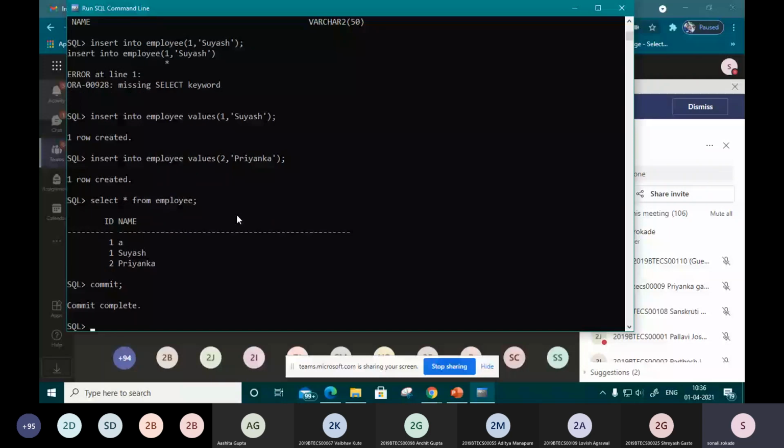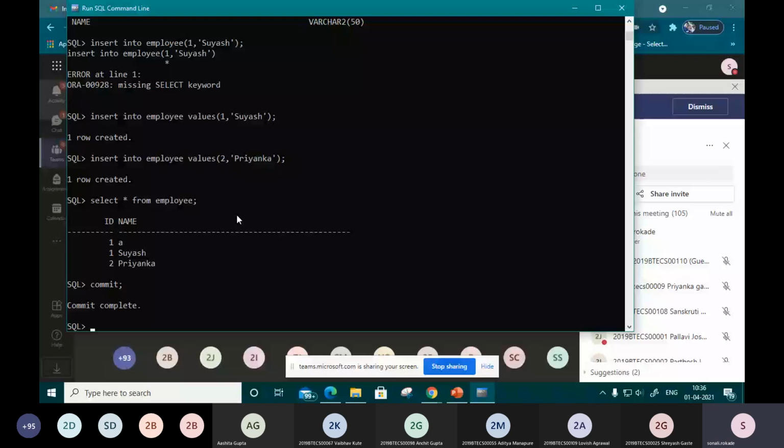In some of the versions, it will get committed automatically, but sometimes it happens that you are inserting data for one session, and once you drop that session, when you start that session again, your data will have vanished. That is happening because of the same reason, and to remove that kind of inconvenience, you have to use this commit command. Okay, so you can save it.